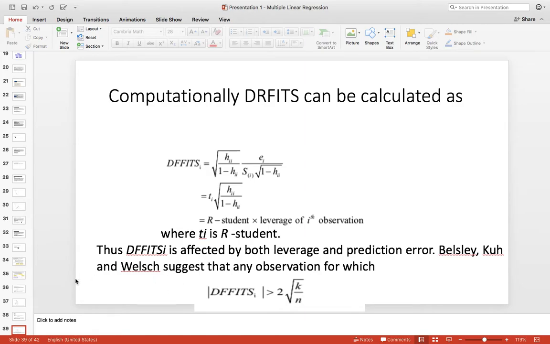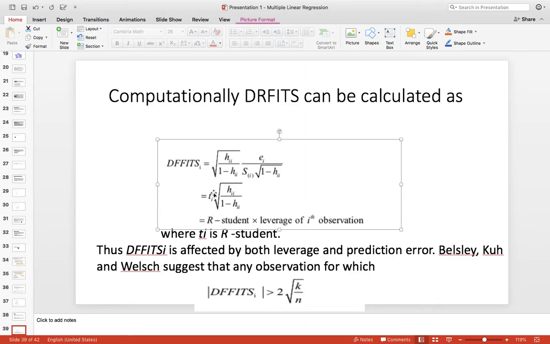Computationally, DFFITS can be calculated just like we did earlier. It's a very simple, straightforward calculation. It boils down to t_i times root of h_ii, which is derived from the hat matrix, divided by 1 minus h_ii. That's equal to R-student into the leverage of the ith observation. So this is how it is calculated, where t_i is the R-student.